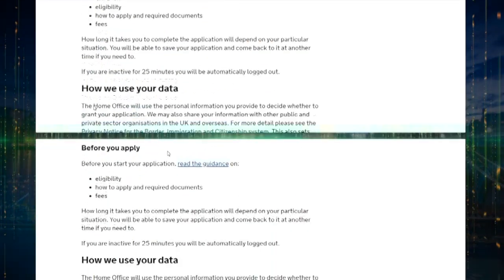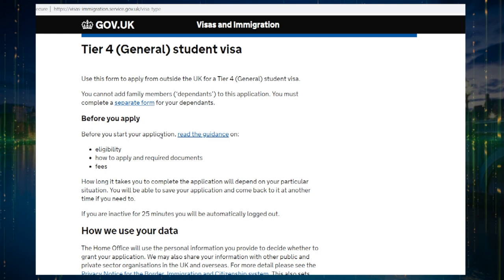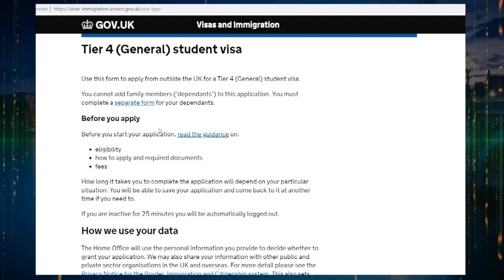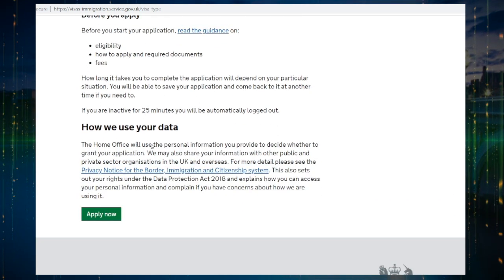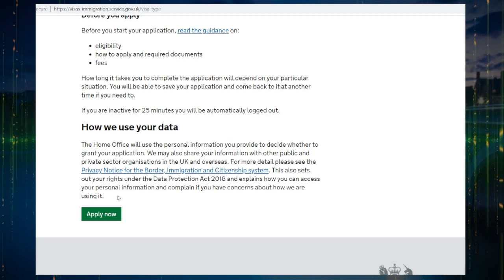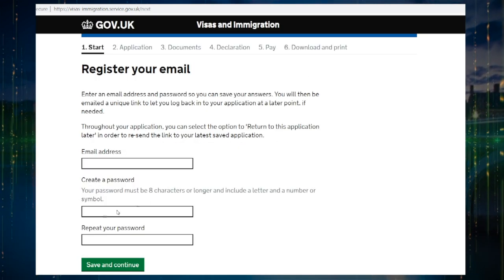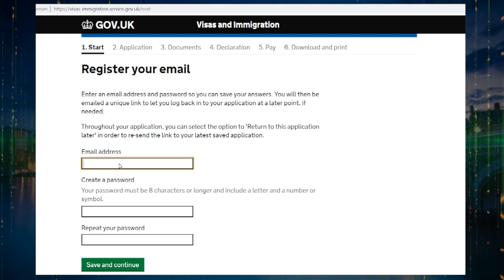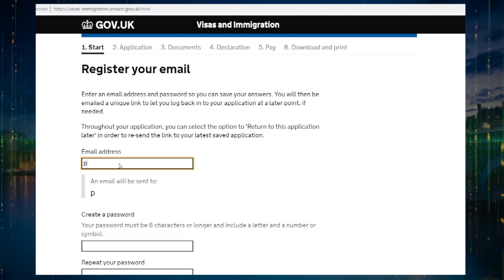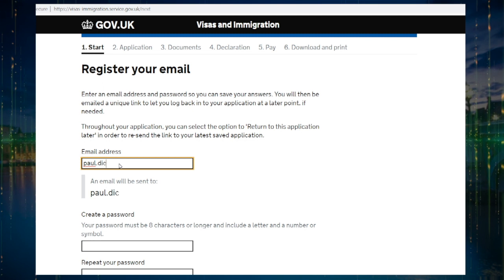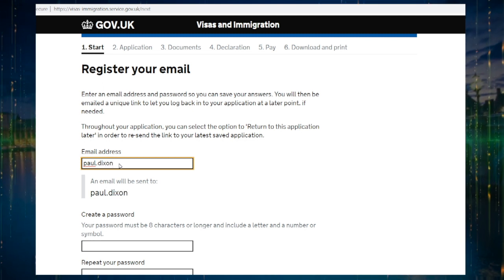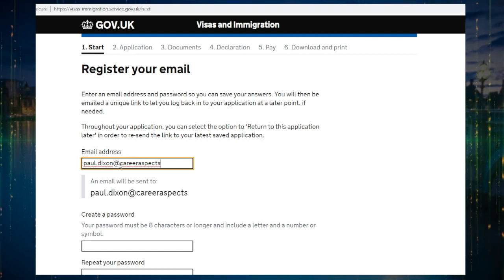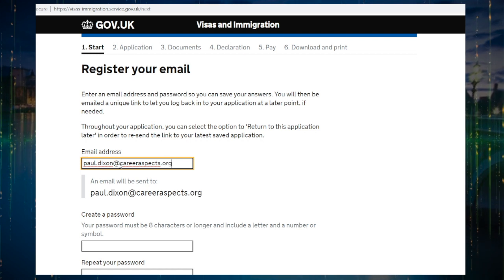Press next. So before you apply, we would like you to read the guidance, eligibility, how to apply, required documents, and the fee. So let's take you to apply now. So you need to register your email. So here I'm going to give Paul's email address, paul.dixon@careeraspects.org,